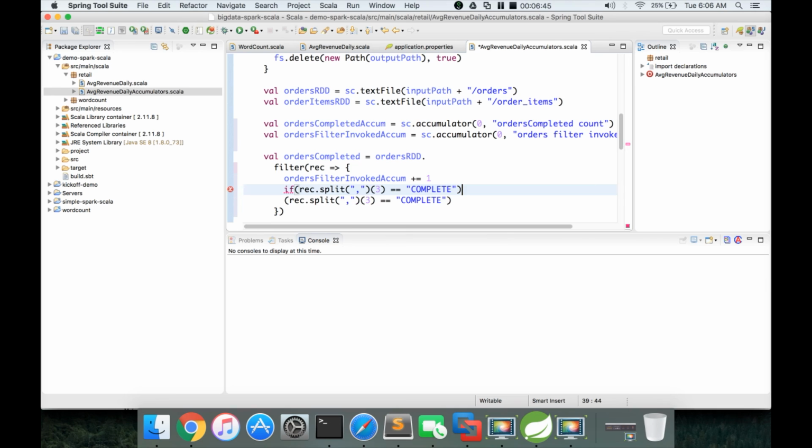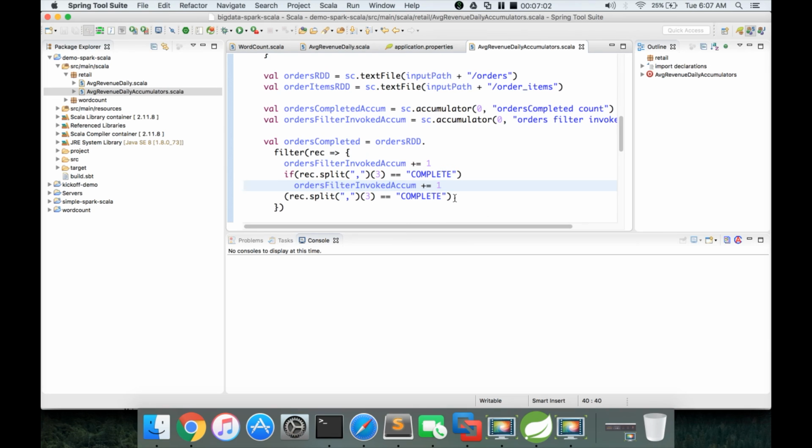Okay, and then if it is complete, then I want to increment this one. Okay, and in the end we have to have the logic which needs to be written. This has to be the final line in the anonymous function logic. Okay, now we are ready with our accumulators being incremented for each invocation and also for each